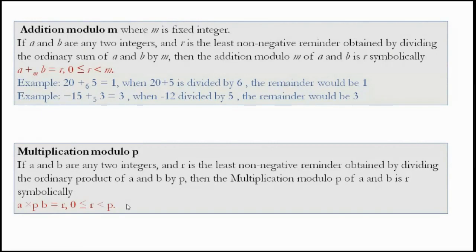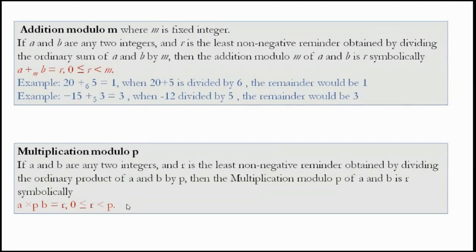It will always fall under 51 only, because if you perform the modulo operation, you will get the remainder. The remainder will always fall in the range 0 to 50. That is 0 to whatever number you have taken as the modulo, minus 1. Till that only you will get.